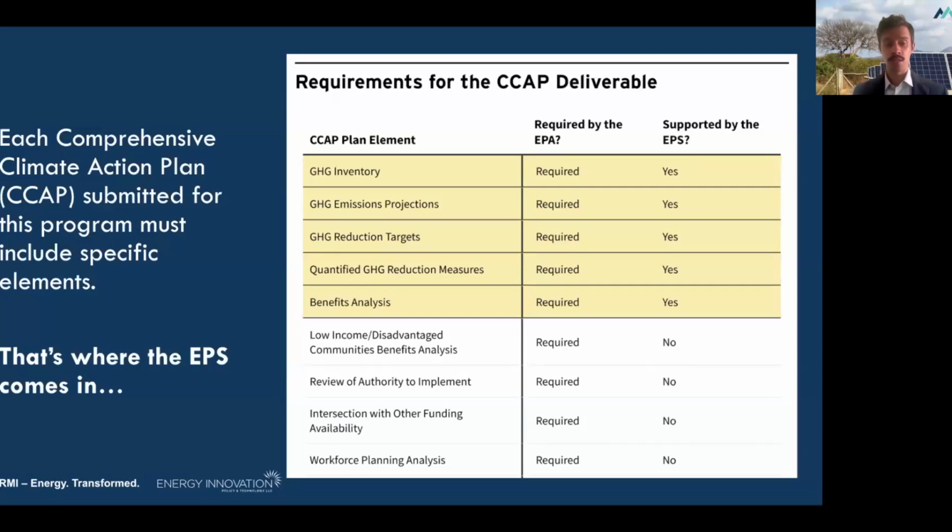And so for all of those pieces, the EPS does have features that can support this kind of decision-making. You can think of it as an effort to gather all of these pieces and create a tool that really enables that projection, target setting, emissions measures evaluation, and benefits analysis in a high-level scoping tool. And we'll go through some of those briefly, but I think the important point here is that the EPS is not here to supplement or completely eliminate agency work, advocate work, or other modeling work, but instead it's designed